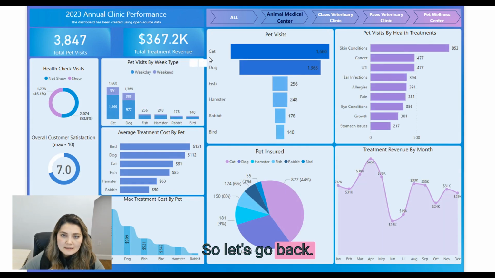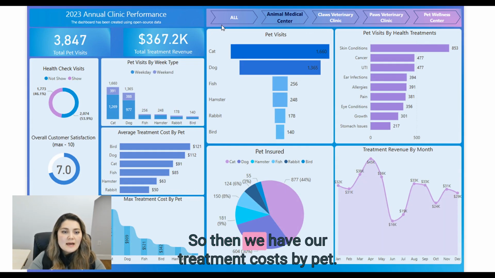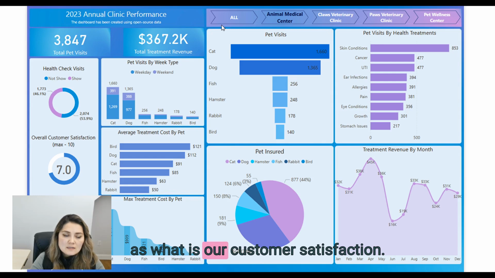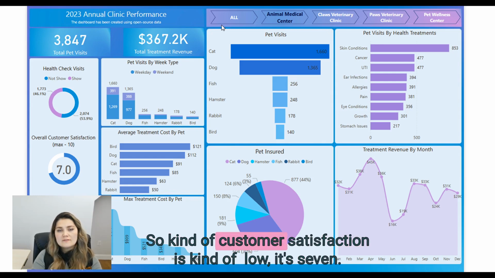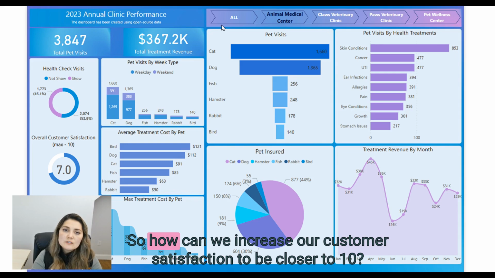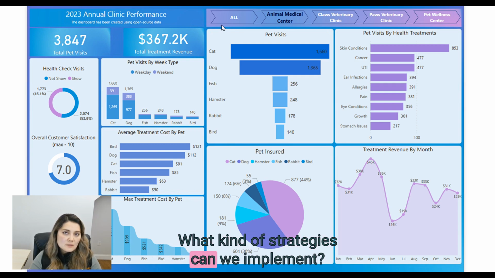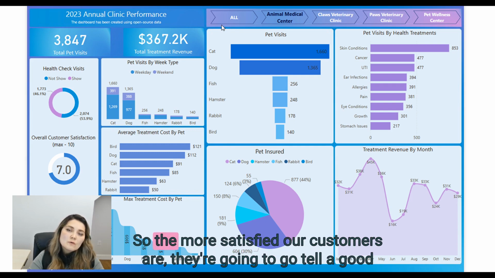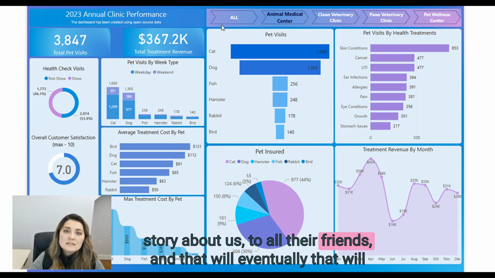So let's go back. All right, so then we have our treatment cost by pet. We can see what the cost is for each different type of pet, as well as what our customer satisfaction is. Customer satisfaction is kind of low, it's 7. So how can we increase our customer satisfaction to be closer to 10? What kind of strategies can we implement? And that ultimately will also impact our revenues, right? The more satisfied our customers are, they're going to go tell a good story about us to all their friends,